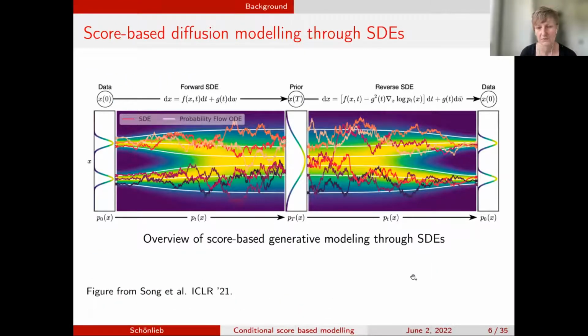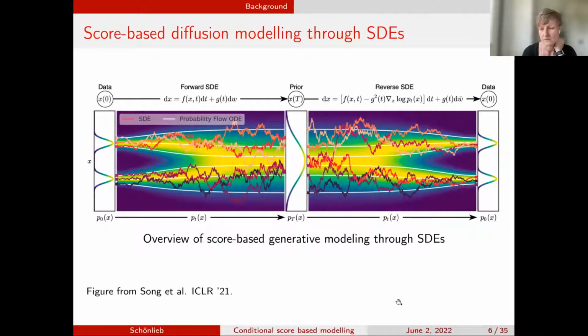Again, here visualized, you have your forward diffusion process that, let's say, maps you, for instance, to a normal distribution, and then you start with that. You solve your reverse SDE, and you go back to the data distribution. That is usually the complicated distribution that you want to sample from, like a distribution of some kind of images. And this idea really goes back to this paper by Song from last year,